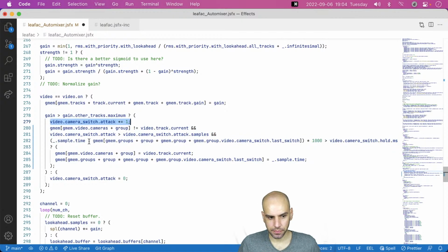We'll see. But the condition for a camera switch is we need to not be the current camera. We need to have been the current camera for a while, the attack. And we need to be outside the grace period.